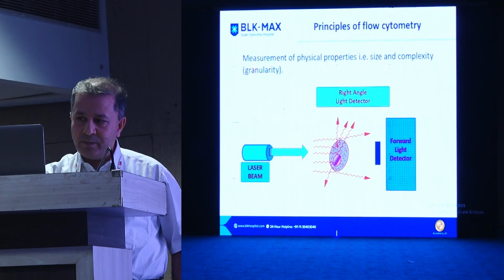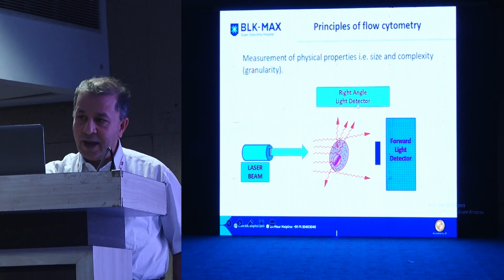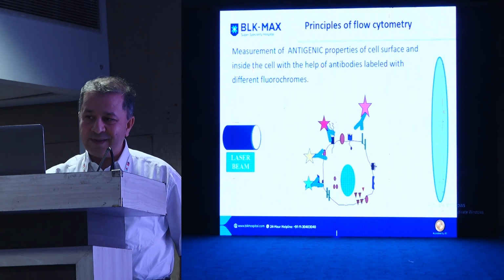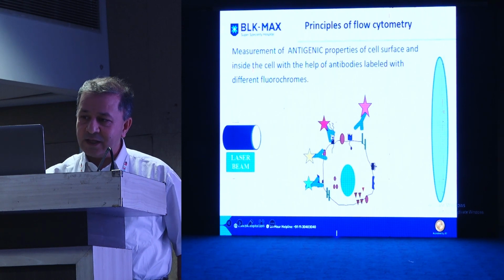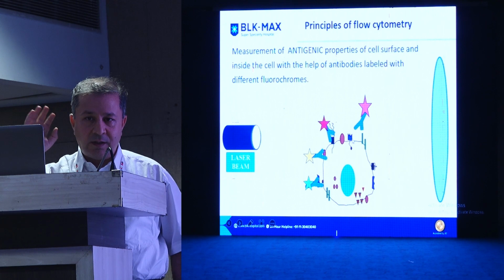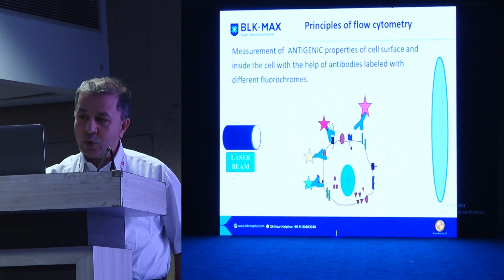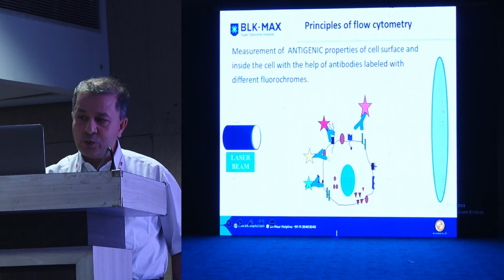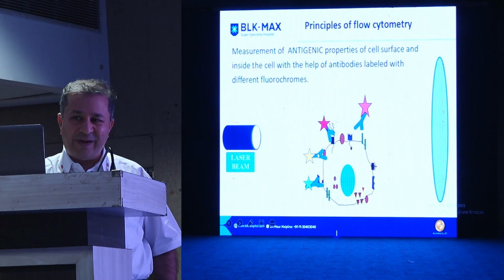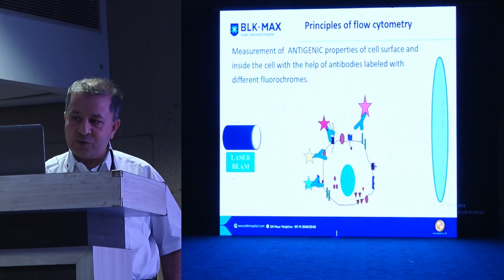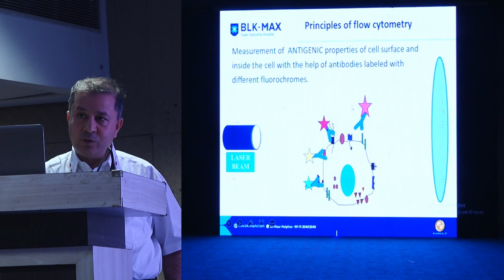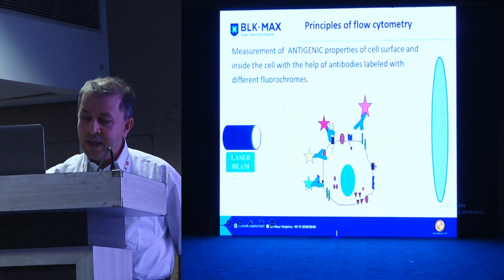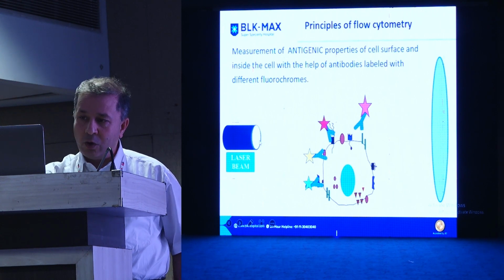So this is a laser beam hitting the cell. As I told you previously, forward scatter gives you the size, side scatter gives you the complexity, and in addition to that, if you look at the cell, we have these antigens, and that's what we are interested in, right, as an immunologist. So what do we do? How do we identify them? We use these fluorochrome tagged antibodies, all these stars which you're seeing over here. They are nothing but fluorochromes which are tagged to the antibodies, and when the laser light will fall onto them,